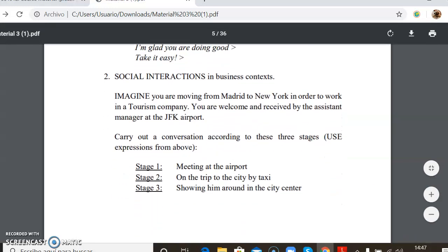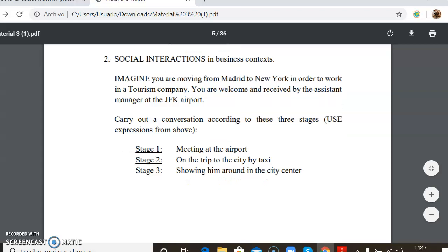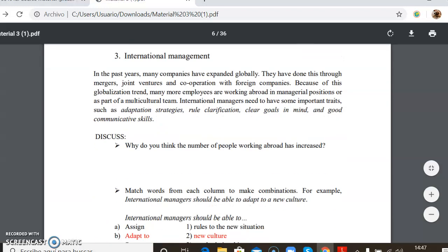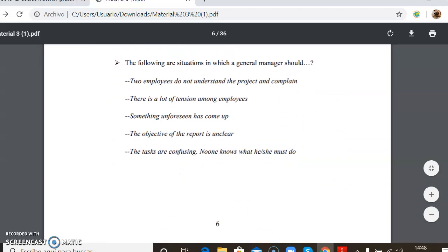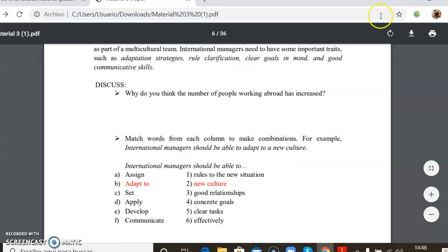All right. And then number 2, social interactions. We cannot do this. This is a conversation. So don't worry about number 2. Okay. Don't do number 2. You don't have to do it. And then number 3 on page 6. This is number 3. You have to do